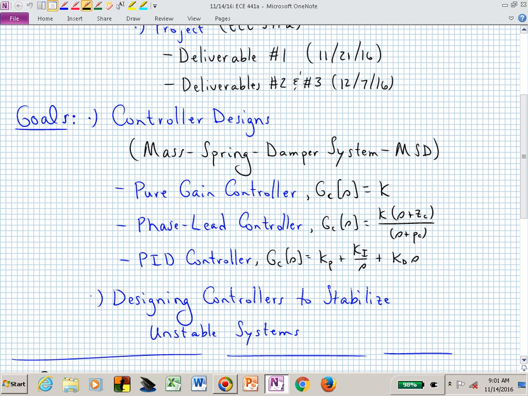The PID controller stands for proportional integral derivative, and you can see those three terms in the transfer function of the controller G sub C of S. We have the proportional piece, we have an integral piece, and we have a derivative piece. Actually, this is an ideal transfer function. In reality, we would put